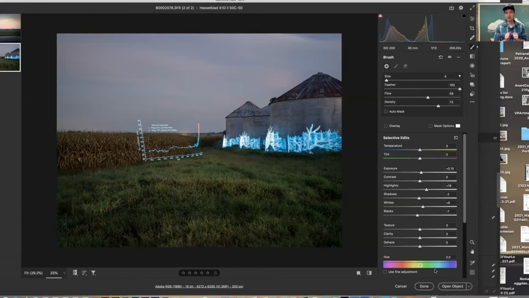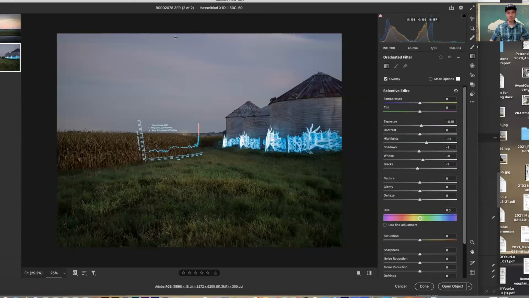There's one more really cool thing maybe that I should show you that is a newer tool, and that is if I use the graduated filter tool in here, I can kind of combine graduated filter and brush tool into one. So if I wanted to do something kind of more intense in the sky, like maybe, I don't know, kind of have a graduated filter like this, and maybe I could,